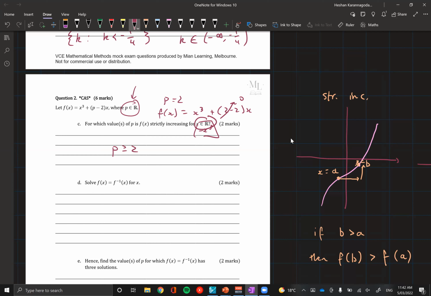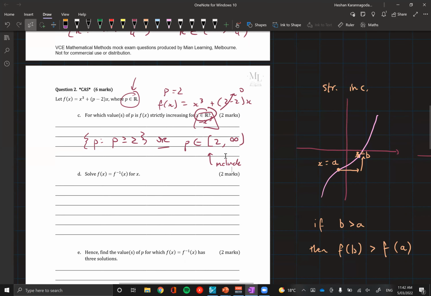That's pretty much it. Or just use interval notation. Or you could say P is an element of [2, infinity). The key thing in this case, have a look at the chat because I can't see it. But P is an element of [2, infinity). Just make sure that we include 2 because we saw that 2 is the verge of where it's flat. So if it equals 2, it's fine. If it's greater than 2, it's also fine. So from that, we know that P greater or equal to 2 will cause a strictly increasing graph.